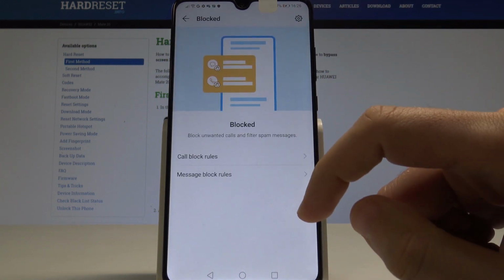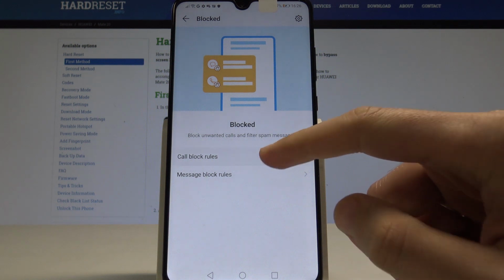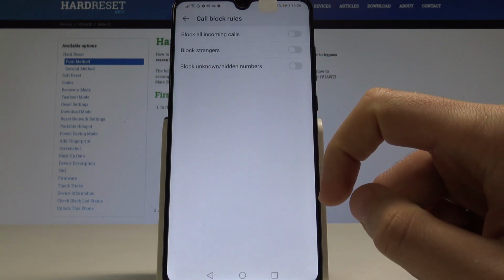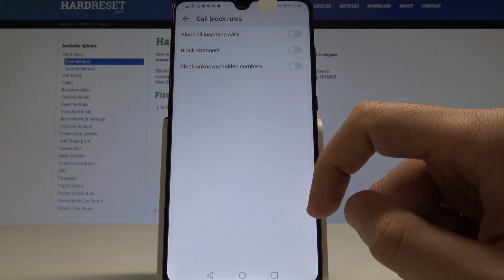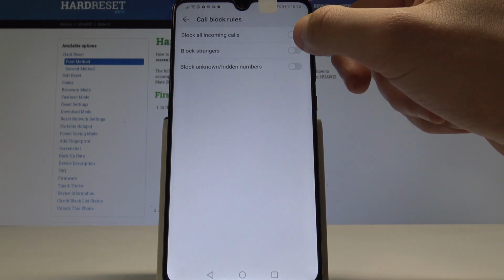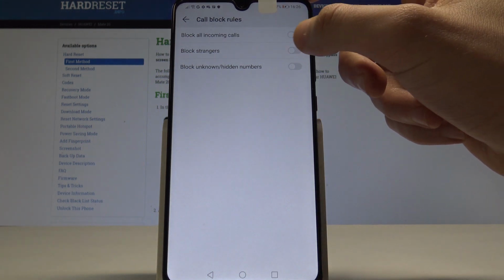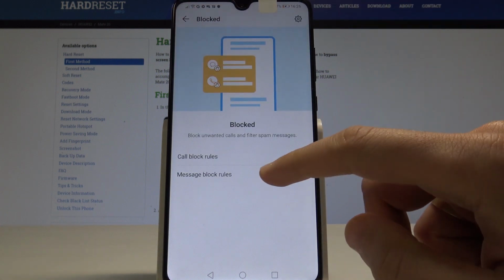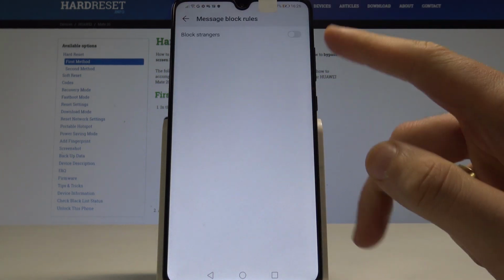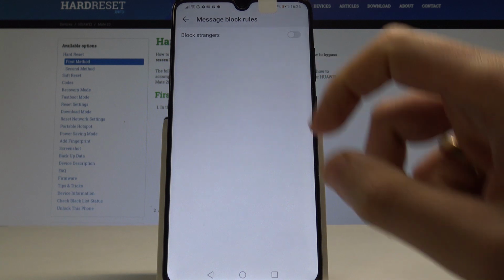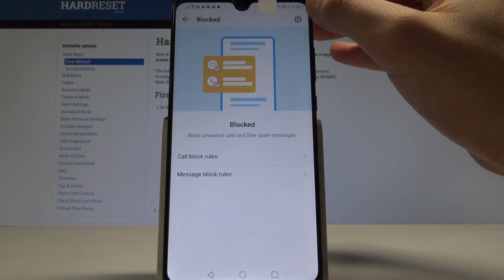Tap blocked, and as you can see here you can use some call block rules, and you can block all incoming calls, all strangers, and block unknown and hidden numbers. All you need to do is just use these switchers. Let's go back. You can also block messages by blocking the strangers right here, and you may also use this